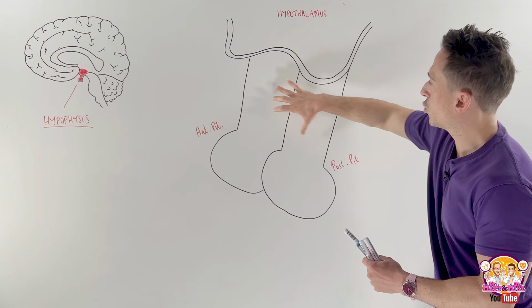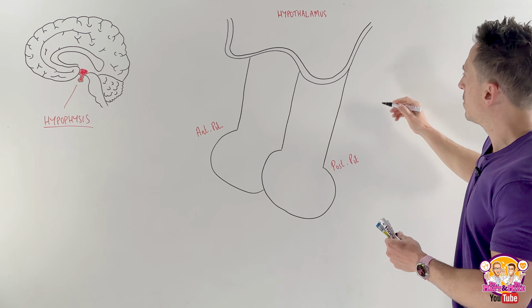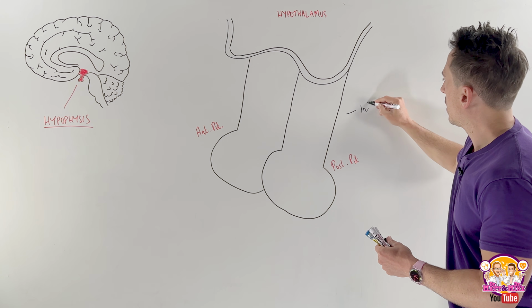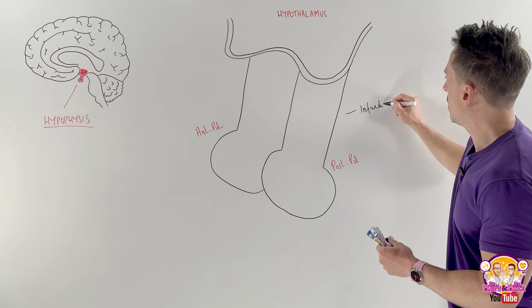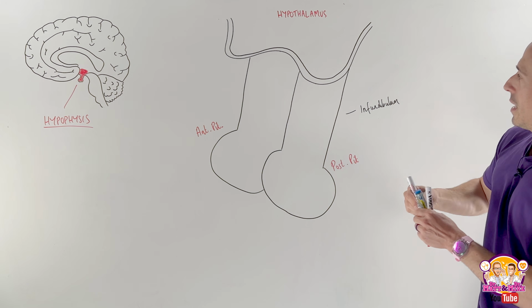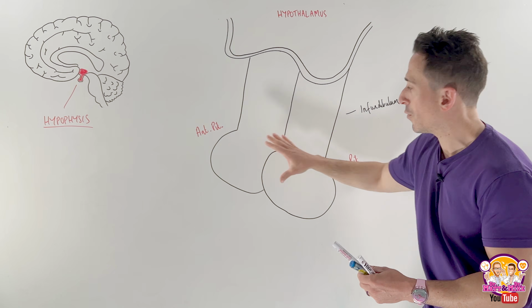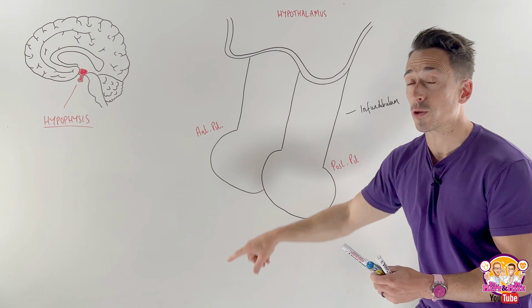Here we've got a stalk called the infundibulum. Isn't that a great name? Infundibulum. And what we have is the hypothalamus communicates to the pituitary gland, anterior and posterior, to tell them to release